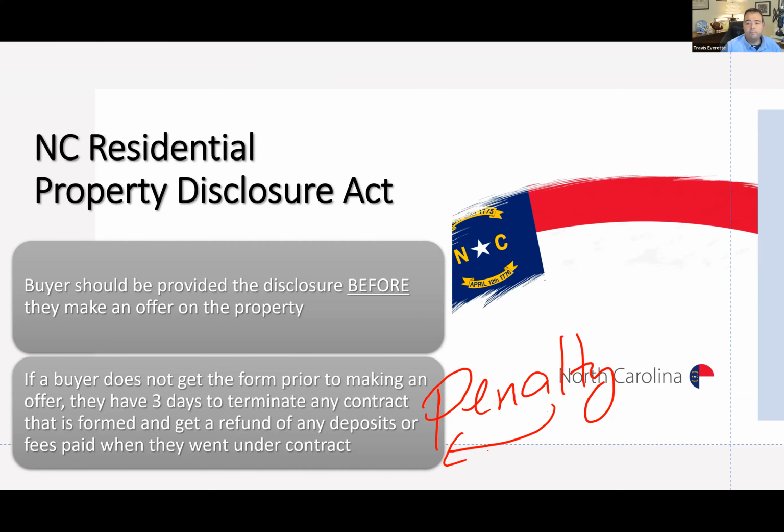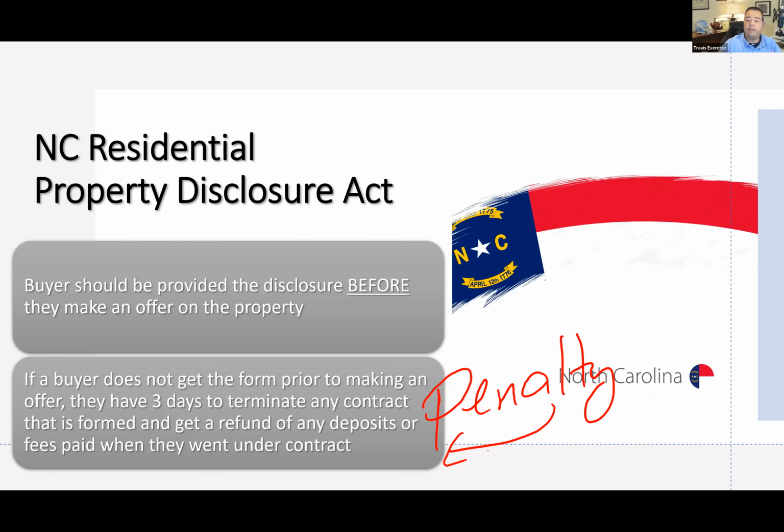Yeah, I was just wanting to make sure that they got it ahead of time. I wasn't sure if maybe they just said, oh, here it is, and then you missed your window, oh shoot, I didn't give this to them before they put in an offer. And if you did miss your window, the penalty's right there, and it's clear. If you miss the window and the offer comes in,